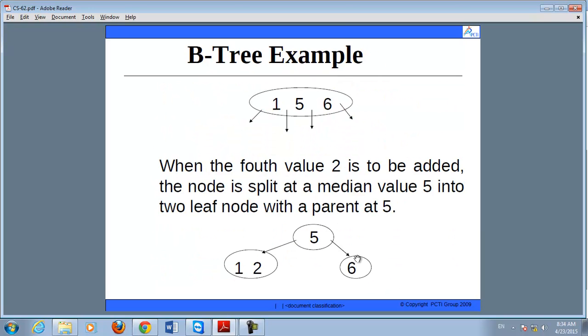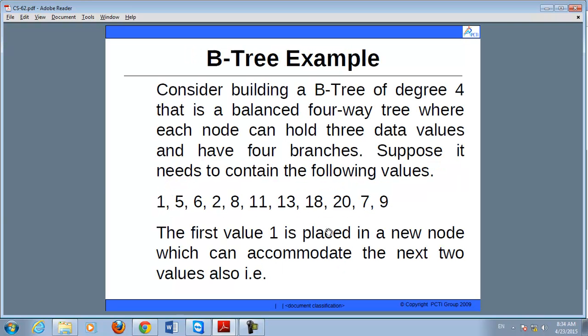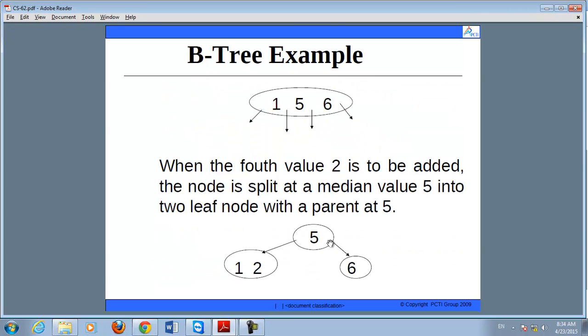But it is not possible that this node contains more than 3 values. Then it will be split again. And from 6, 8, 11 and 13, 11 will go to the root node. It means 5, 11 will be present in the root node. Next is 18. Now you want to insert 18, then 18 will be compared with 5 and 11. And accordingly you can insert the 18. It means while creating a B tree, you have to maintain the properties, you have to follow the same rules as we follow in the binary search tree.